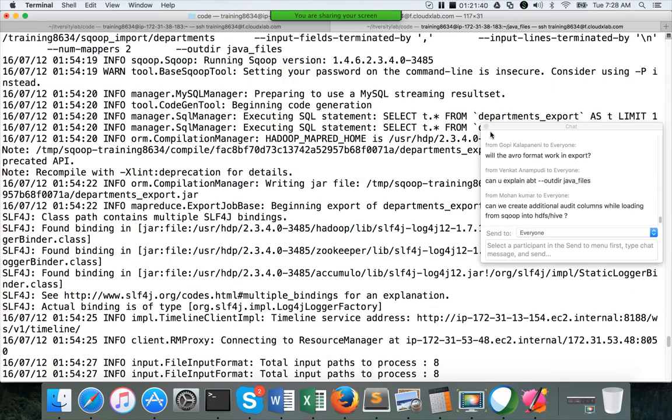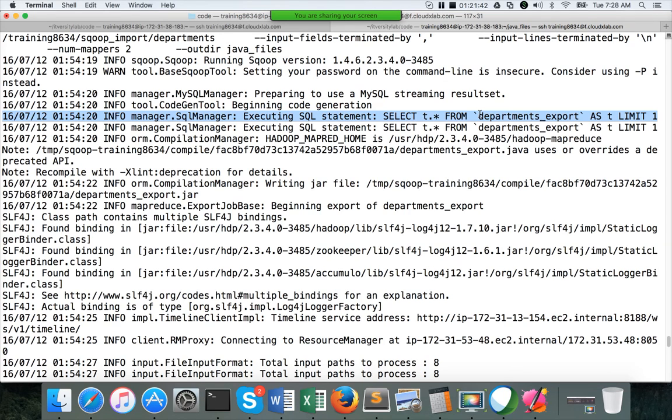Okay, so if you go through this information, first it is issuing this query in the database to get one record. So this actually returns only one record. If you go to MySQL and run this query by removing these single quotes, they are back quotes, not regular quotes, it will retrieve only one record. So Sqoop actually issues this command in the underlying database, gets the column record, and then uses that record to get the data types of your data.